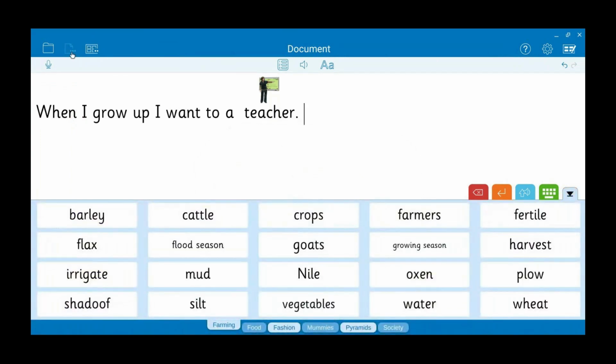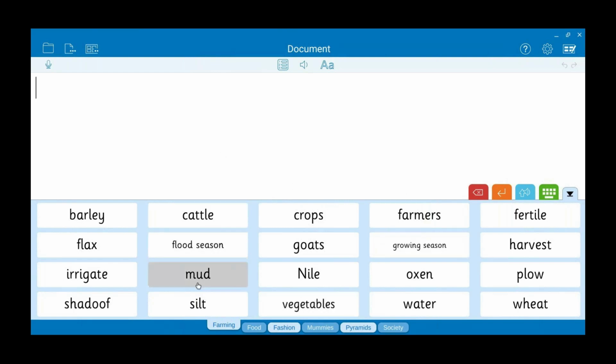I'm just going to clear up my document. And so again, this is the third app in the progression of apps here. Word banks is essentially getting students to write longer pieces of text with the support of A to Z or topic-specific word banks. I know that what I'm looking at right now is a topic-specific word bank, and